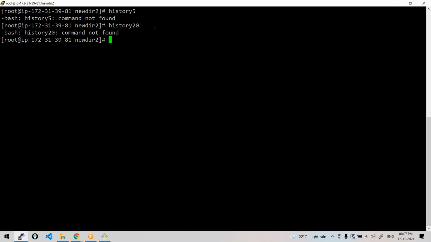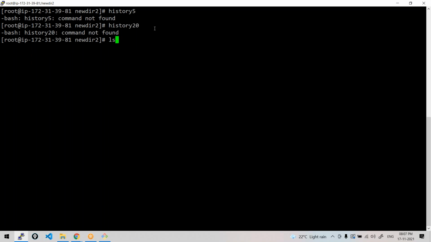Suppose I want to check the previous command. You can use up and down arrows. See, up and down arrows will help you. I'm just clicking the up arrow, I can go to all the previous commands. Do you see that? If I want anything, I may run that.